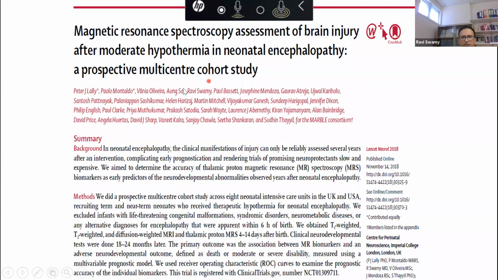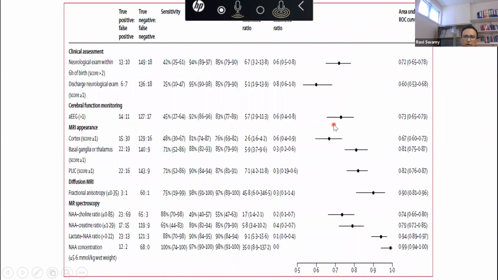Now, this is the paper which we published. That's me here. This article we published in the Lancet from Imperial College London in 2018, and this is called the MARBLE study. Magnetic resonance spectroscopy, which all of us are using, but here you're looking at the outcome in encephalopathic children. What we found in this study was how you can start using markers to predict the long-term outcome. So we started with number one, the most common thing which everyone uses, the clinical assessment,